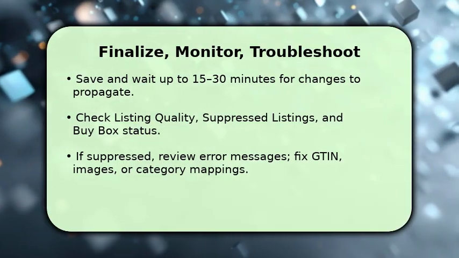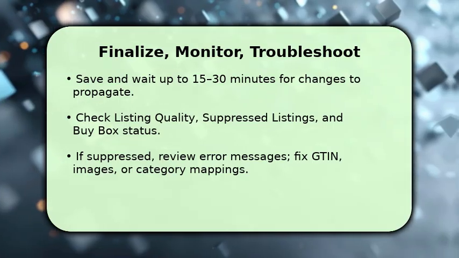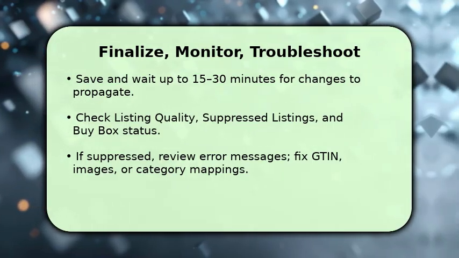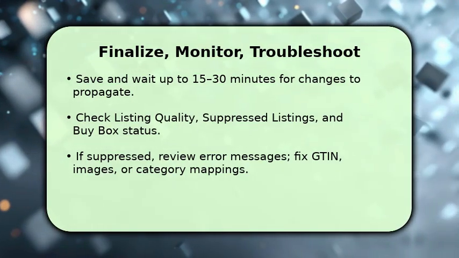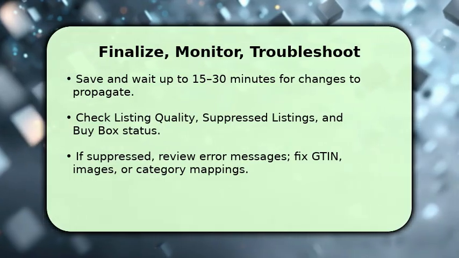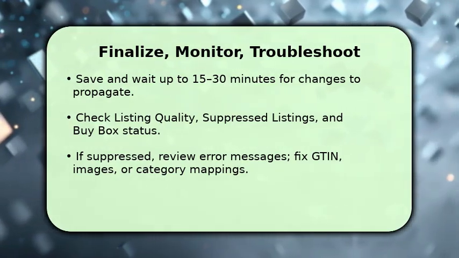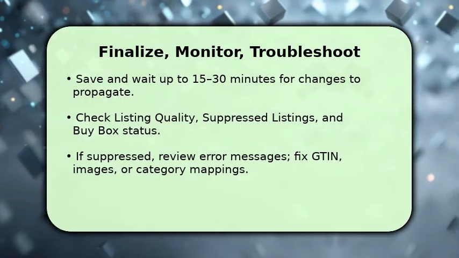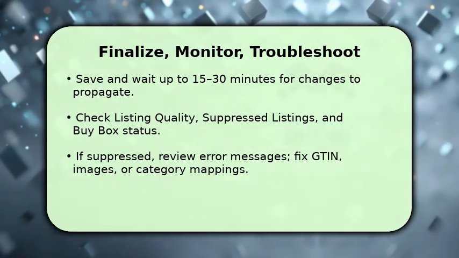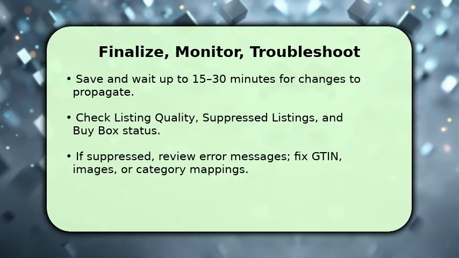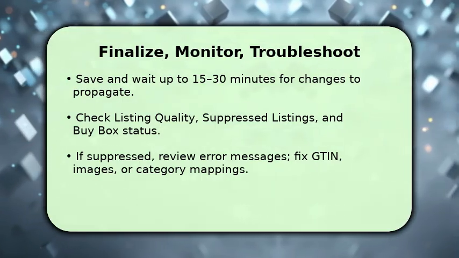Make sure to check listing quality and the suppressed listings report for errors, and confirm buy box and pricing are correct. If something goes wrong, prioritize the error message: missing GTIN, invalid image, or category mismatch. As a key troubleshooting tip, always download the flat file template for that category and validate edits offline before